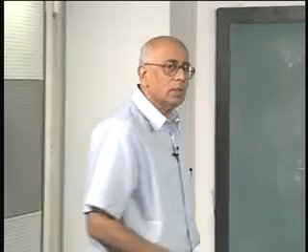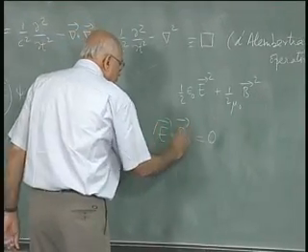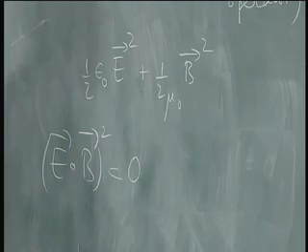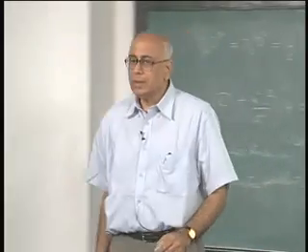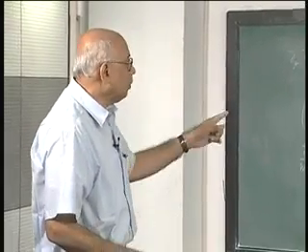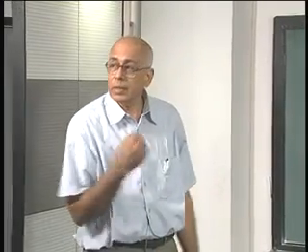and it will turn out that the other invariant that you can write down from Maxwell's equations is E dot B whole squared. That quantity is invariant, and if it is 0 in one frame, it is 0 in all frames. So E dot B whole squared is the other quadratic invariant, a Lorentz invariant scalar that